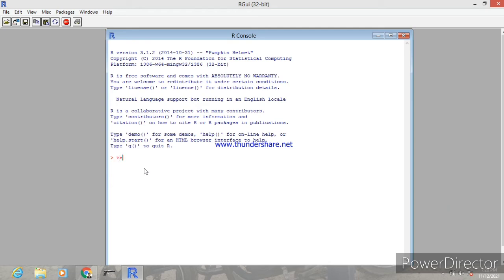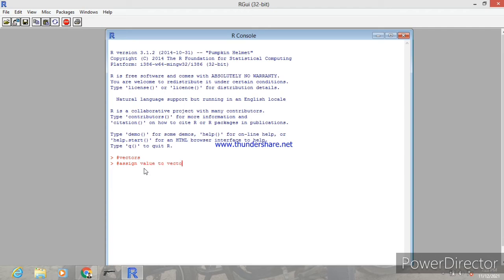Next, you can go for vectors. First you can see how to assign values to vectors.